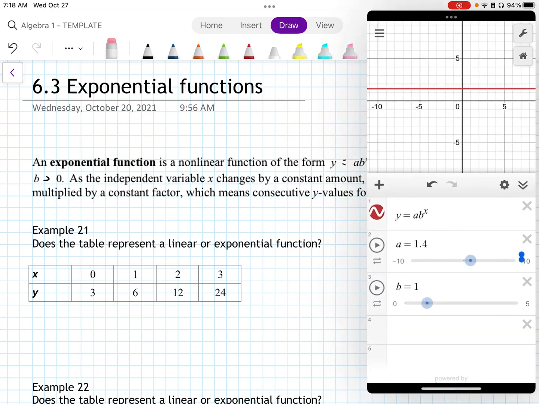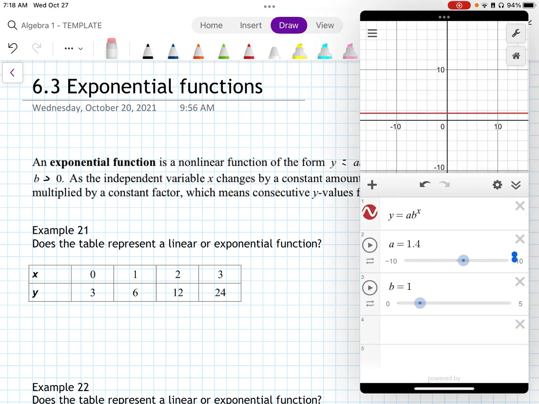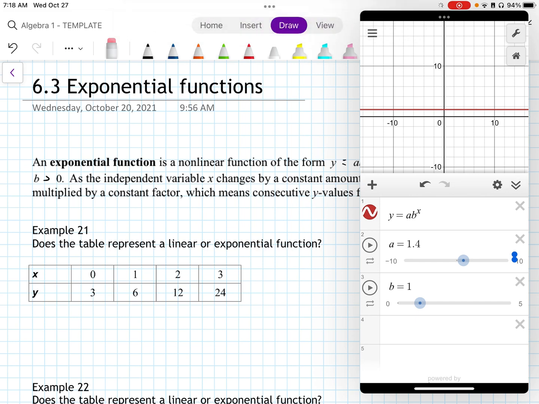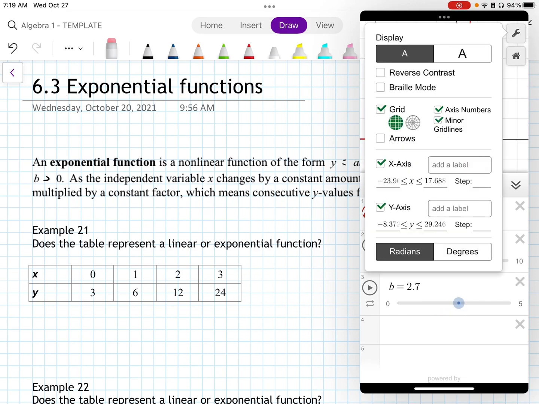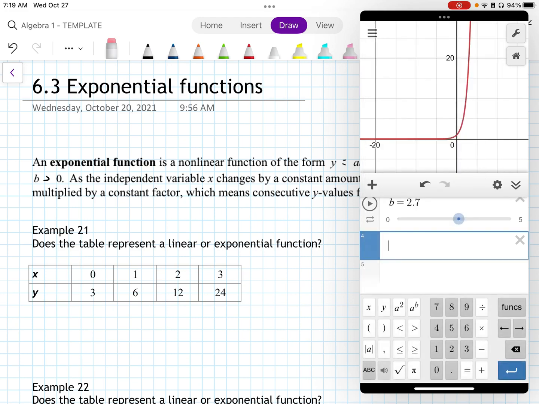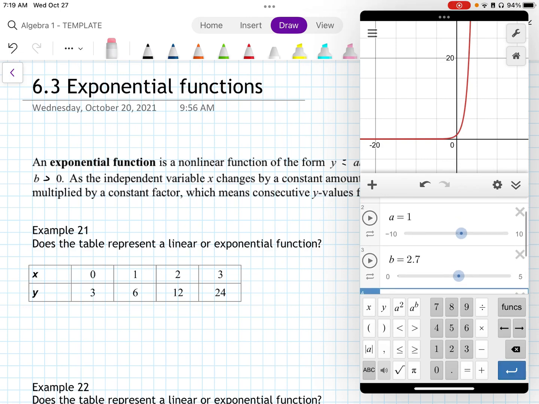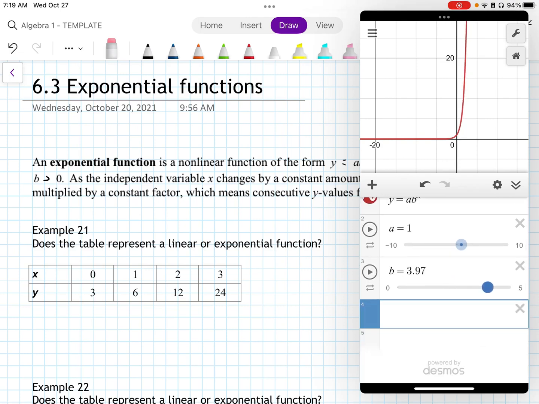Just to see what the general equation would look like, let's look at this. So this is y equals ab to the x. We'll say a is 1 for now. We'll say b is more than 1. Well, if it's more than 1, it's going to look like this. So it looks like that, right? It has that curve. It goes up. If it were to be less than 1, it would do something more like that,